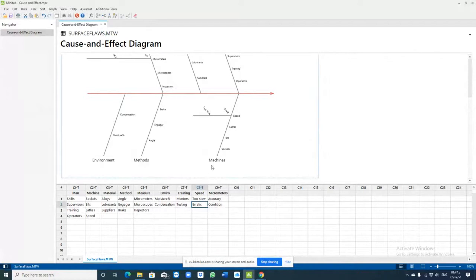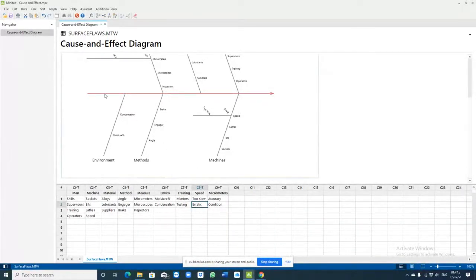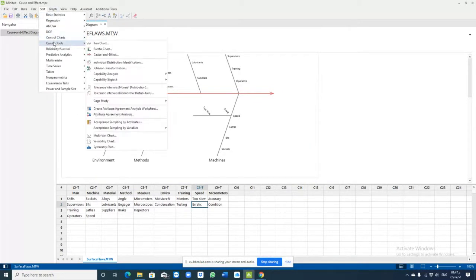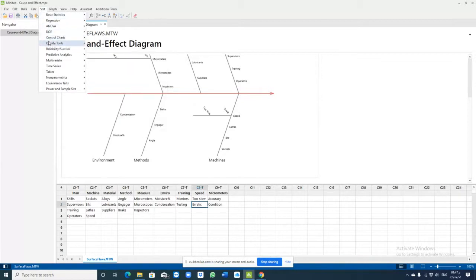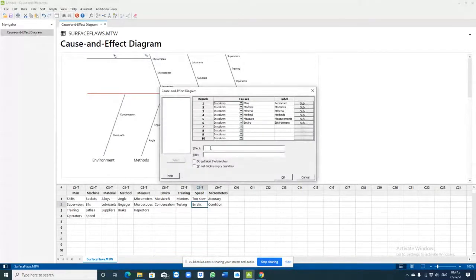But some categories, and this can be applied to others, have branches under their causes. For example, the speed has other causes for that one. So it has to be identified in different rows. When you develop this chart, you go to Quality Tools under Stat. You go to Stat, Quality Tools, Cause and Effect Diagram. Here you can write the effect that is developed by the customers, and it will appear. So we can say